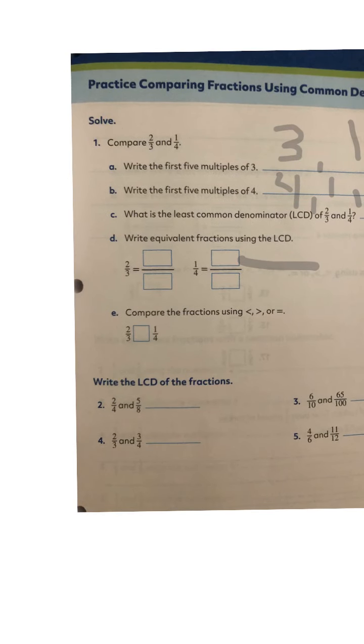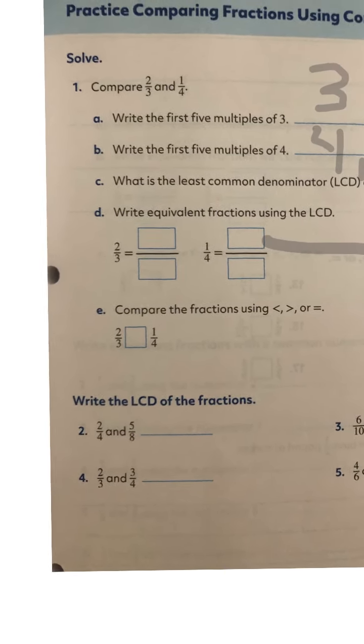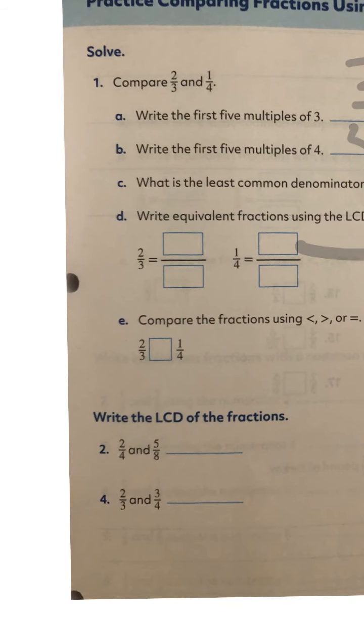The next one says, write equivalent fractions using the lowest common denominator. So what we're going to do is take our other fraction and think about it as that fishing hook technique. So I'm going to take 2/3 and multiply it by that other denominator. So I'm going to multiply it by 4/4, okay? So think about 2/3 times 4/4. And I'm going to take 1/4 and multiply it by 3/3. So I'm taking my fraction, I'm multiplying it by my other denominator, okay? So if I multiply 2/3 times 4/4, I get